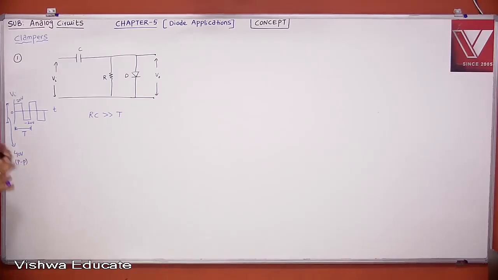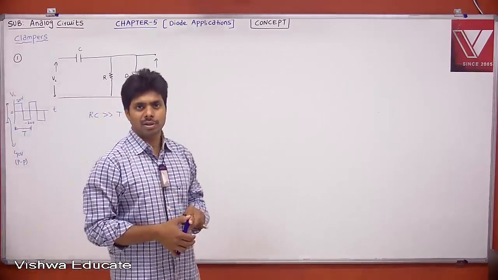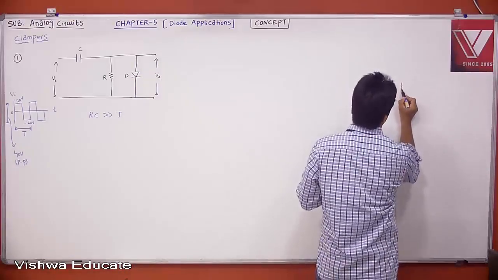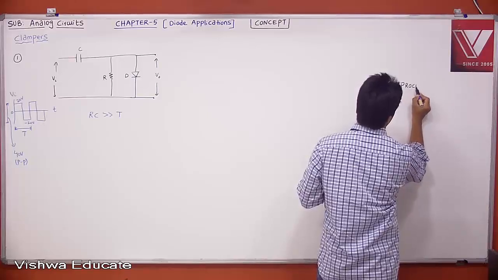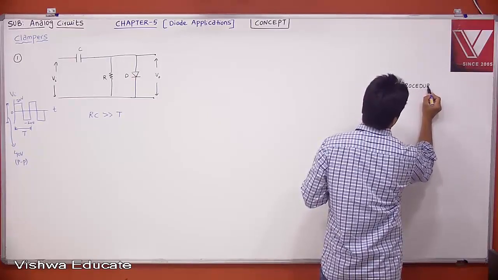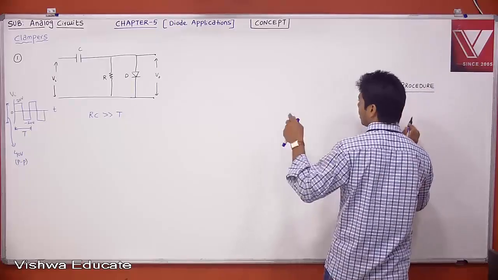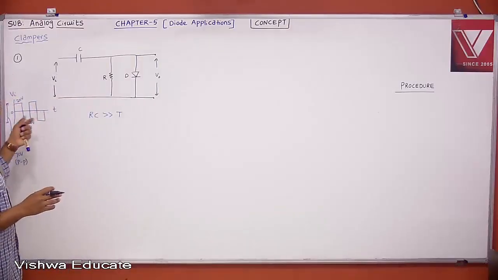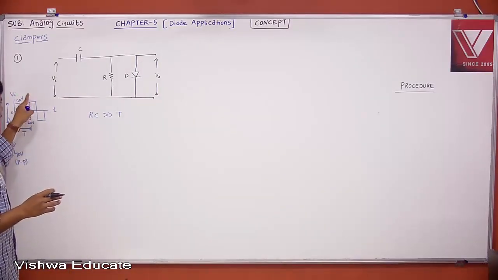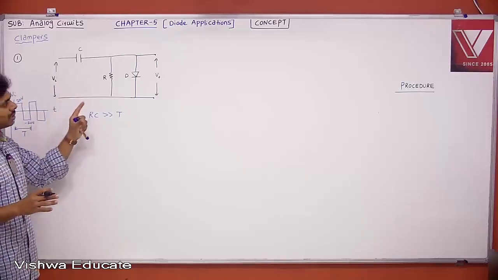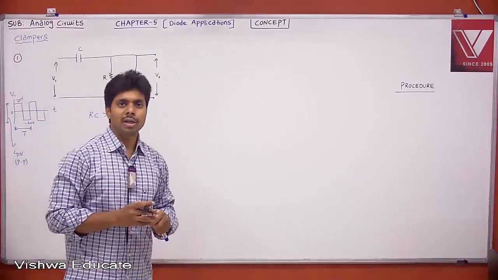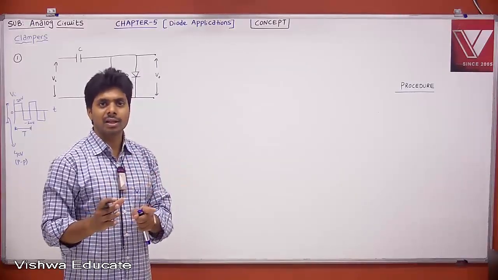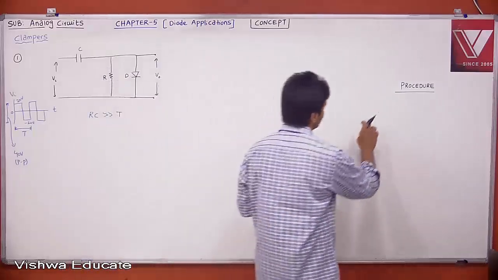Whatever it may be, there is a blind procedure, and you try to follow the blind procedure. What is the procedure? This is the procedure for all clamping circuits. If you follow this procedure, there is no need to do multi-cycle analysis. If you don't follow this procedure and just start, then you may need to do the first half cycle, next half cycle, next half cycle, and continue, until ultimately you get the steady state output voltage for multiple cycles. But if you follow this procedure, for the first half cycle and the negative half cycle, you'll get the answer. The procedure is number 1,